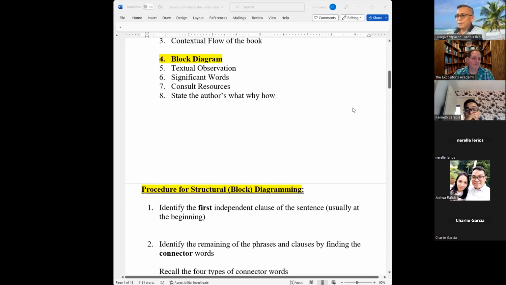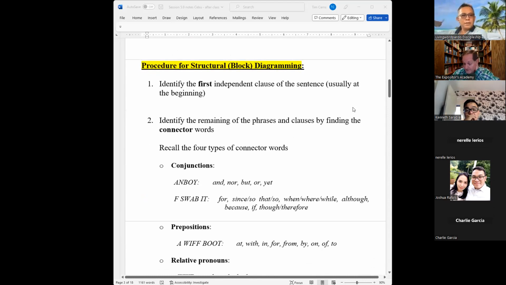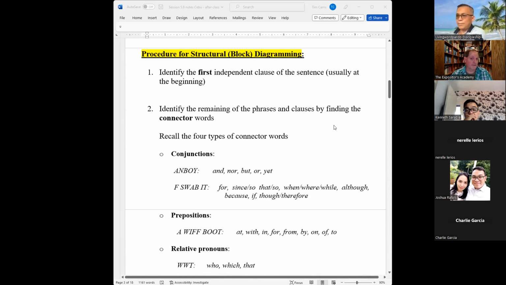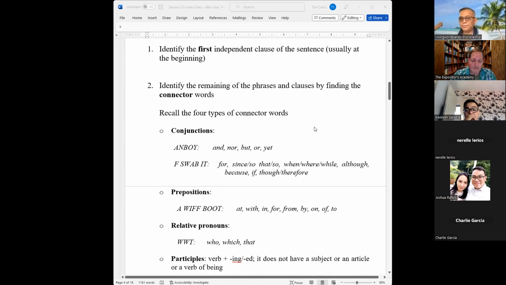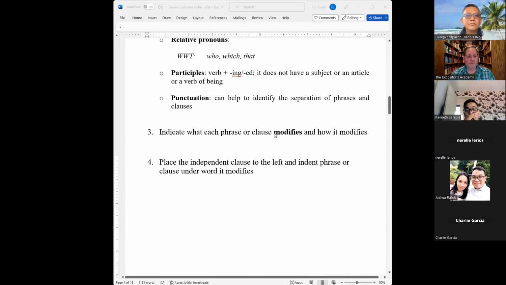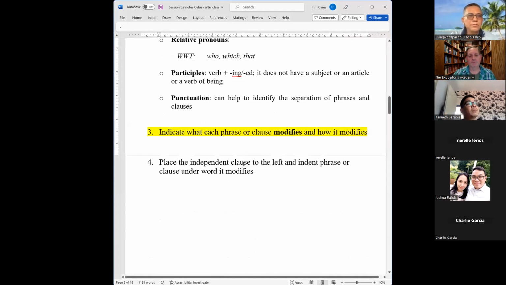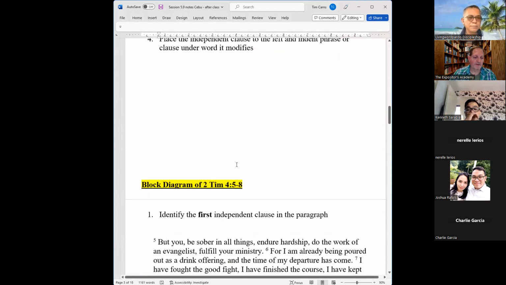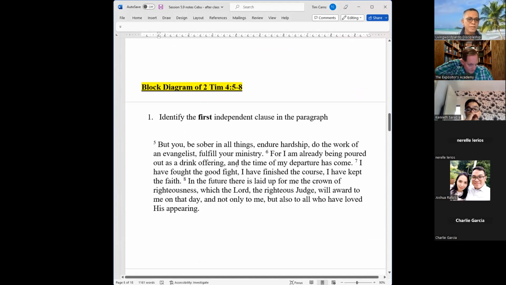You know the steps for this. First, identify the first independent clause that you see. It's usually at the beginning. Then identify the rest of the phrases and clauses by looking for the connector words. And of course, you know the list. These are the most common ones, as we've discussed before. And then the hardest, step 3, is identifying what that phrase or clause modifies and how it modifies it. That's the most challenging one. Once we've done that, then we're ready to make the actual diagram by putting those phrases and clauses under the word that they modify. So with that, let's jump right to 2 Timothy